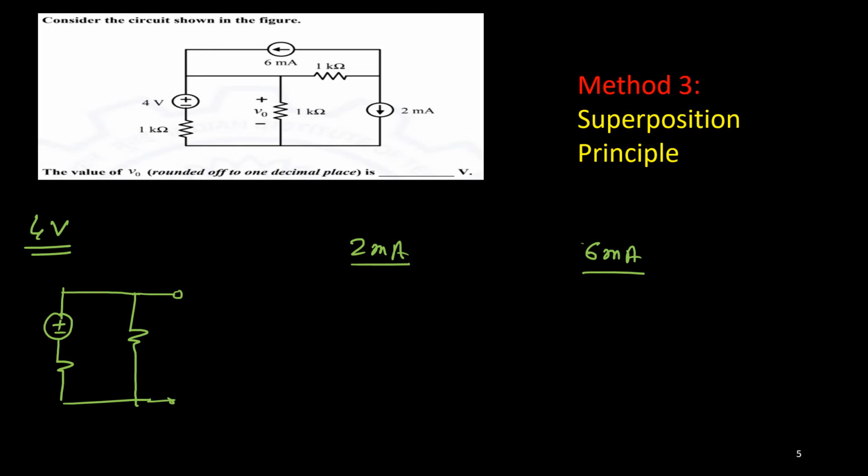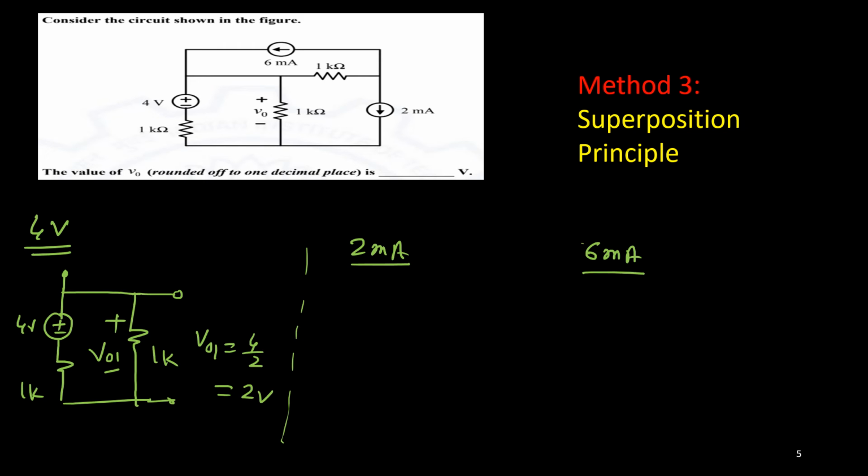Nothing required. This is your 4-volt. This is your 1K, this is 1K. So the potential across this one, we'll call it V01, and you know it is a potential divider circuit, equal resistances equally divide. So V01 will be half of this 4 volt, so simply V01 will be 4 by 2 equals 2 volt. Very simple,